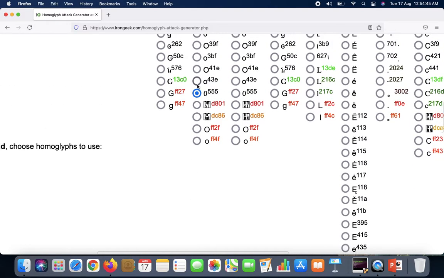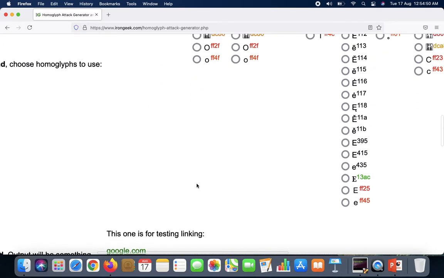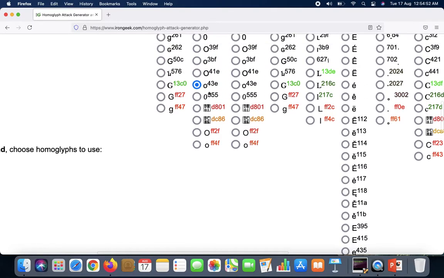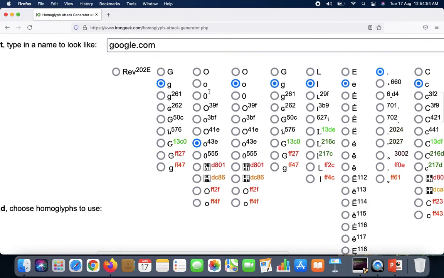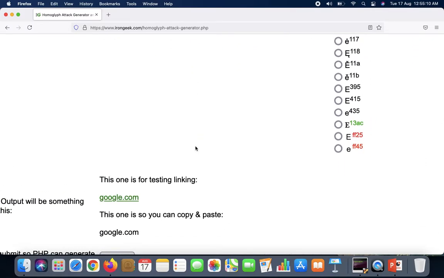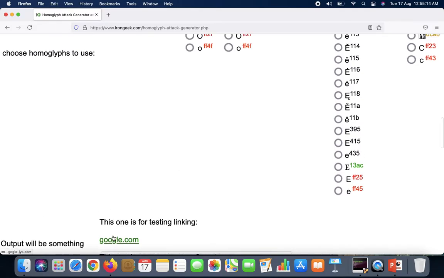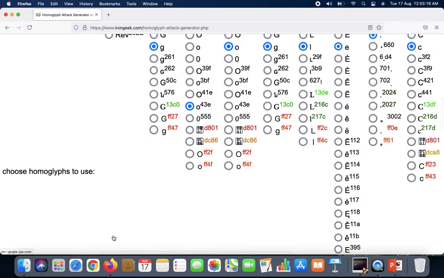That is also, yeah, this looks pretty good. When I just choose a different look-alike character to replace the O with a different character type, as you can see, that is also an O, but it is in a different language. The result is that I'm not getting the real google.com, but a different google.com,